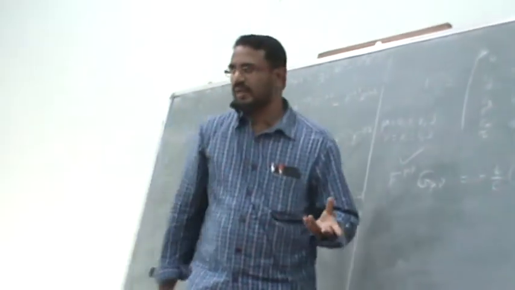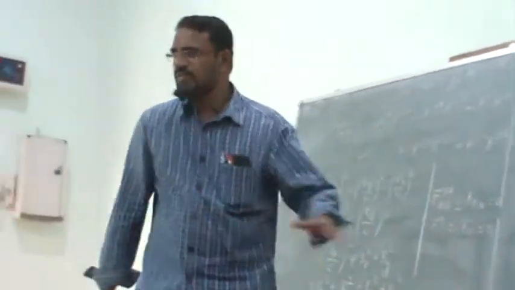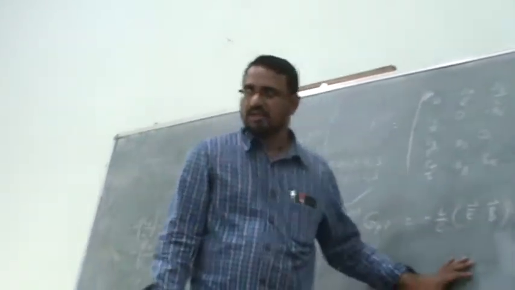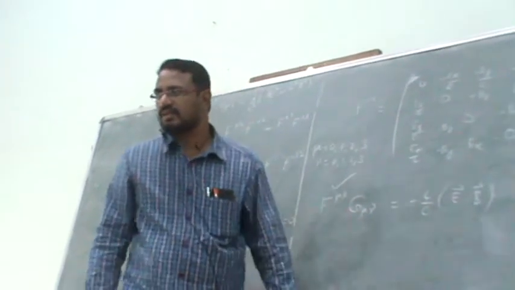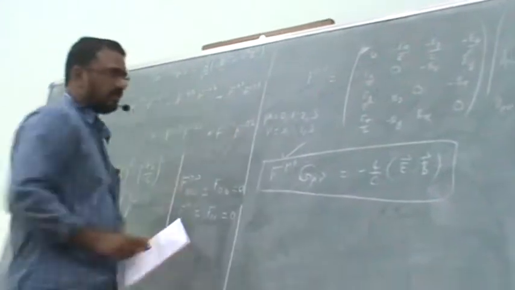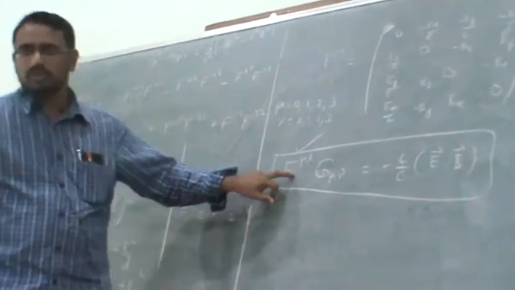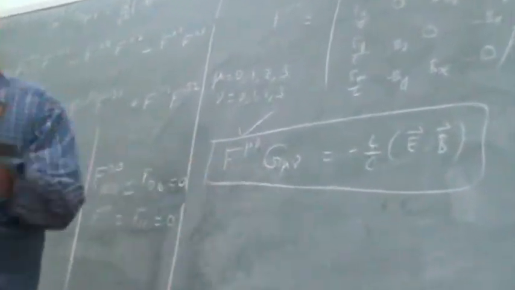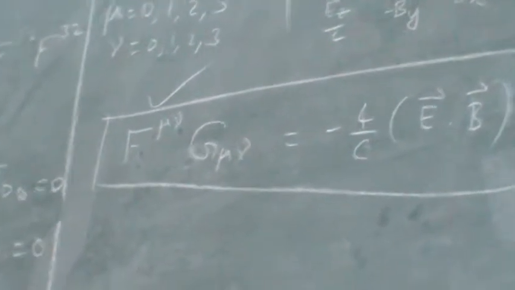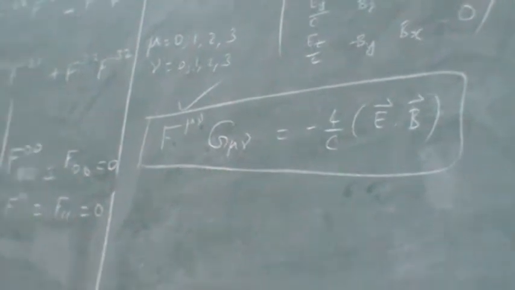And E vector dot B vector, E is a vector, B is a vector, electric field and magnetic field, vector fields. So it's a dot product, which means it's a scalar. Therefore it's a Lorentz invariant. So this is also a very important relation. So easy. So what should you do? Take G mu mu, Satya has given, correct? His metric is different. Whatever I have worked, that metric is different. So I followed the other one.